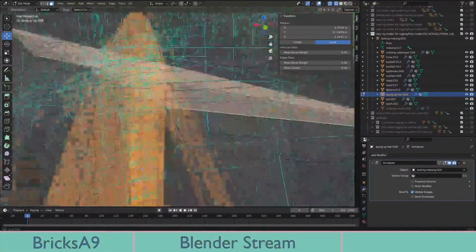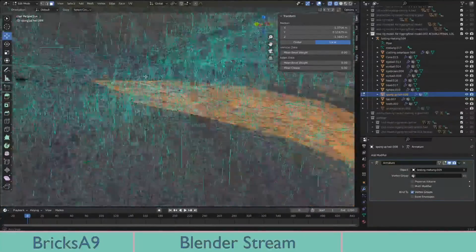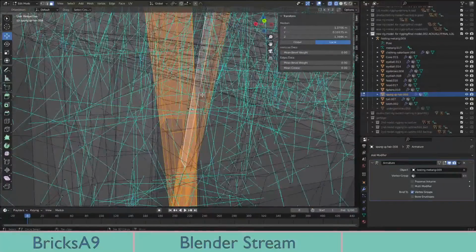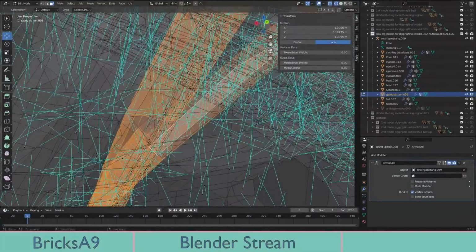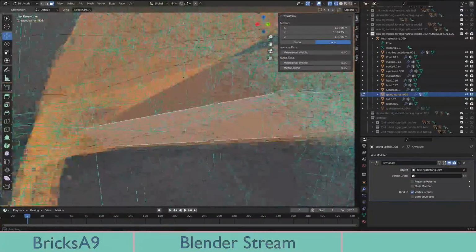So, ooh, clicked on the wrong one by far. What is this one? That's a pretty big face. I would have enjoyed this more if I could select faces a little bit easier. But